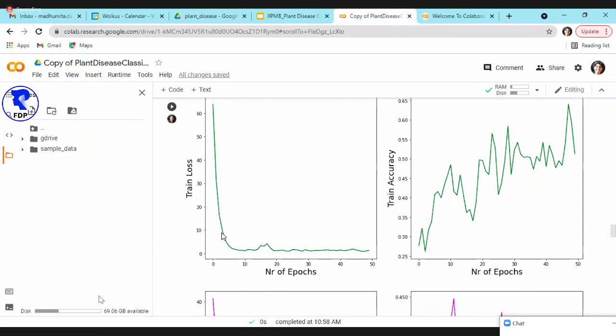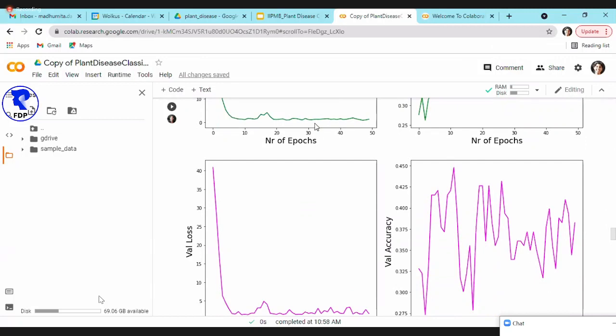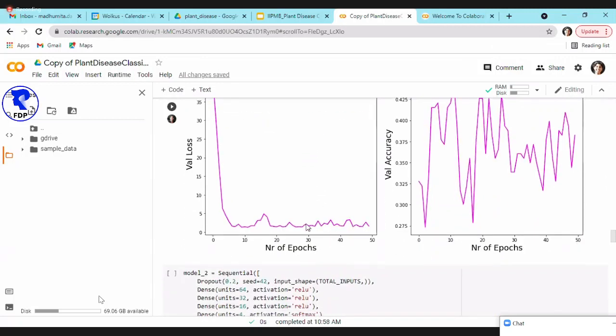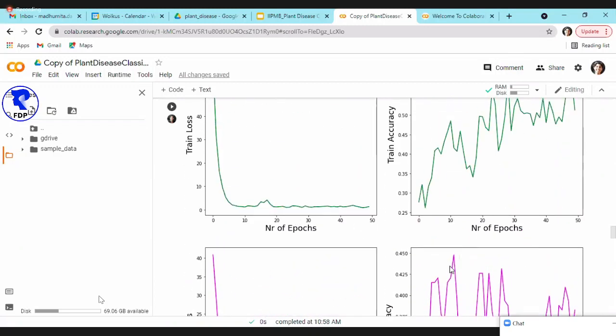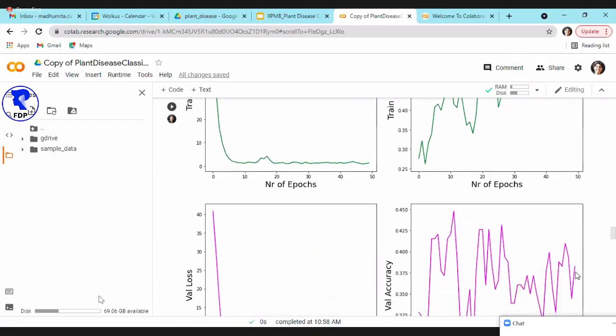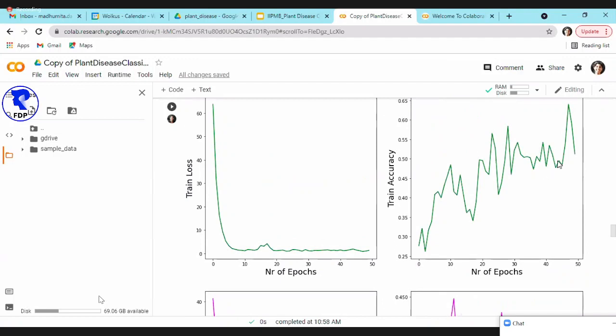So this is a decent learning rate that the model is following with epochs. And if you see, after 30 epochs there is no difference in the loss function, and the loss is a little bit not the same as in the validation. And the accuracy is around 38% for validation data, whereas it is over 50% for the training data.